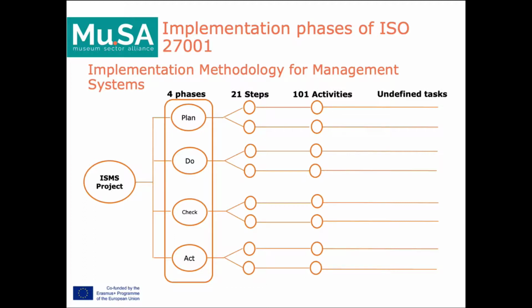The methodology is based on the PDCA cycle divided into 4 phases: plan, do, check, and act. Each phase has between 2 and 8 steps. In turn, these steps are divided into activities and tasks. During the training, the steps and activities will be presented and illustrated in the chronological order of the course of an implementation project. Tasks will not be detailed because they are specific to each project and depend on the organization's